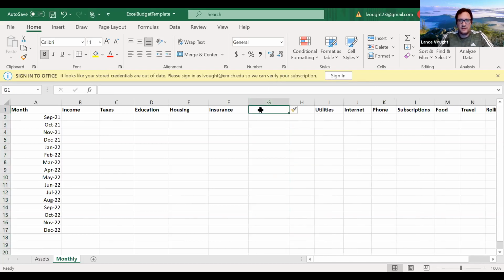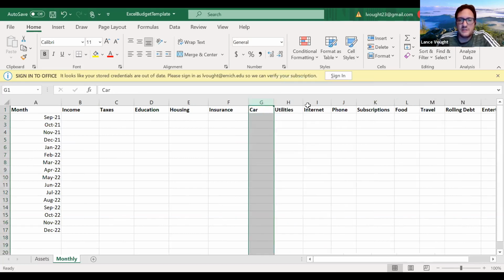So you could put, I don't know, cookie money. Maybe you have a cookie budget. So for your cookie budget, you'd put in month to month how much you're going to spend on cookies. If you find one of these that is irrelevant, you could click on cookie money and delete it. And sometimes if it gives you an option, say delete entire column. But if you use the top part, I think it just deletes it